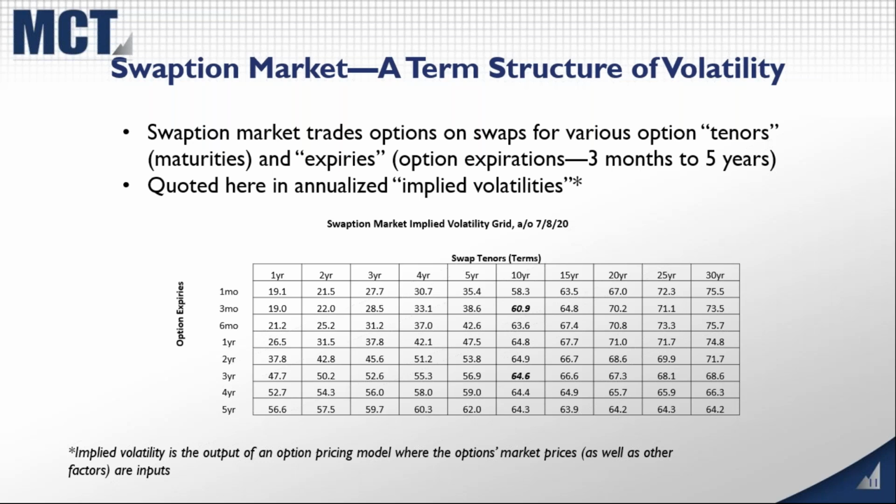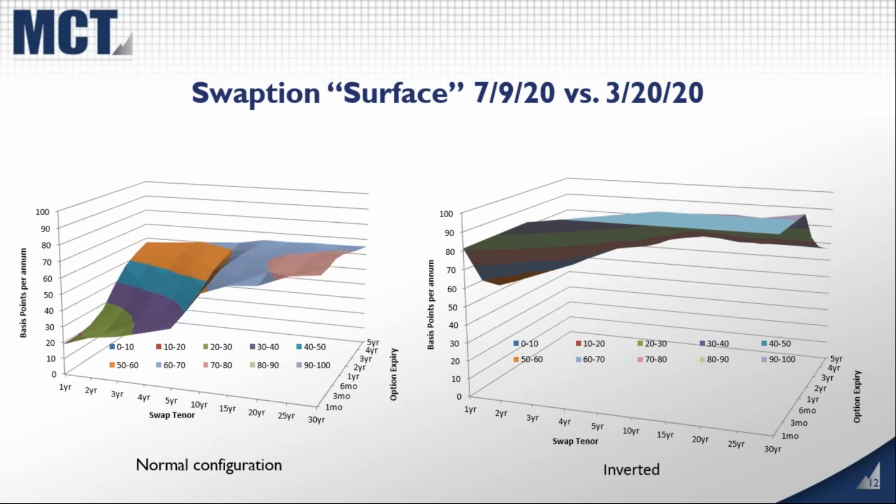And implied volatilities are basically the output of an option pricing model where the market prices of the options are an input and the volatility component is the output of that. It's kind of a backwards way of people normally thinking of the pricing models. You're using the pricing models to normalize pricing, in the same way that quoting MSRs and IOs in multiples allows you to normalize and compare in that market. And we'll talk a little bit more about implied volatilities later on in this material.